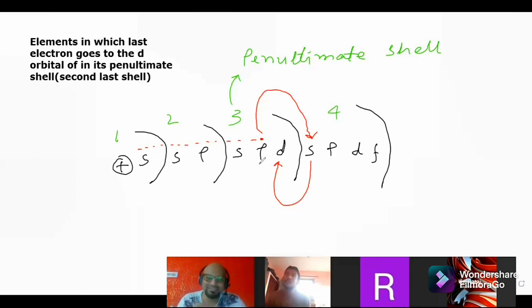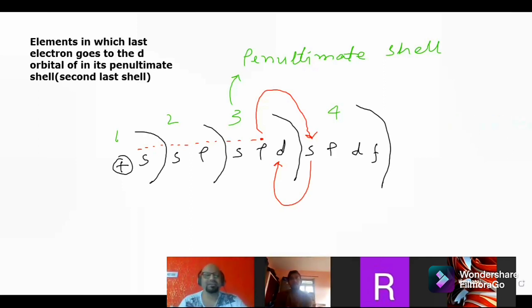Why doesn't it happen? This is the whole series of energy levels you have learned. The energy level of this 4s is lesser than the energy level of the 3d. That's why it happens like that. Do you remember the Aufbau rule? If you go back to the Aufbau rule, you will find we write 4s before 3d. 3d comes after 4s, and it is because of energy levels. Anyway, I'm not going to discuss the Aufbau rule here.